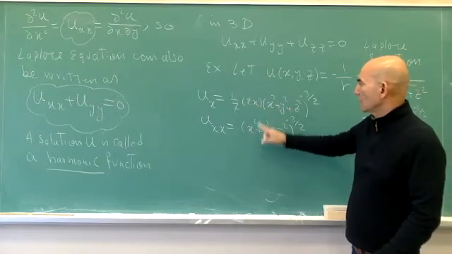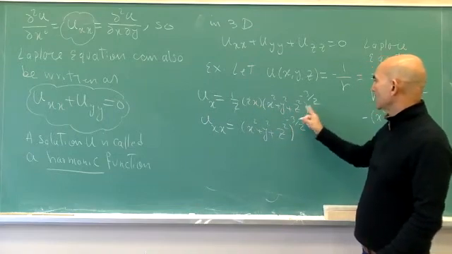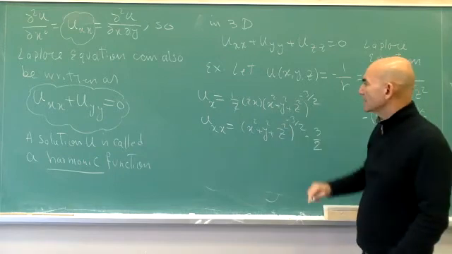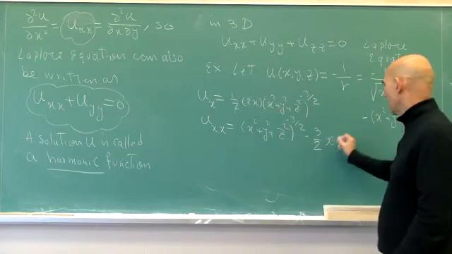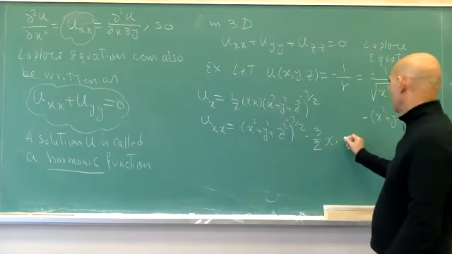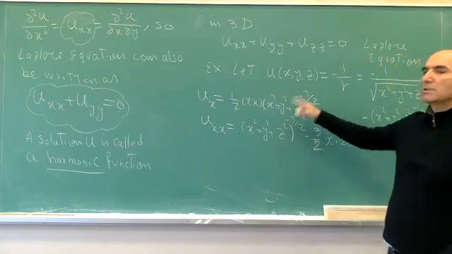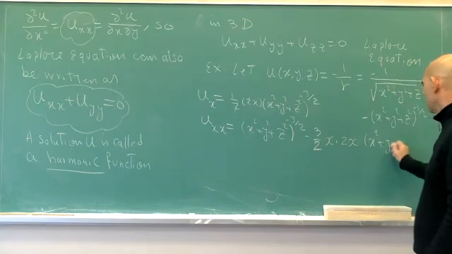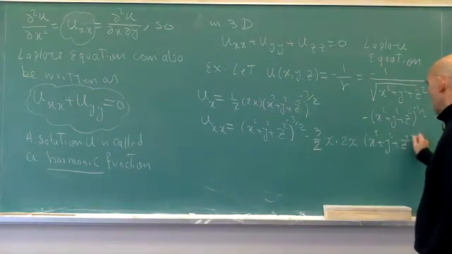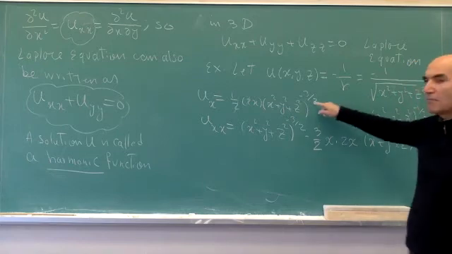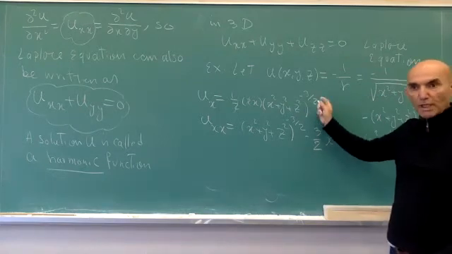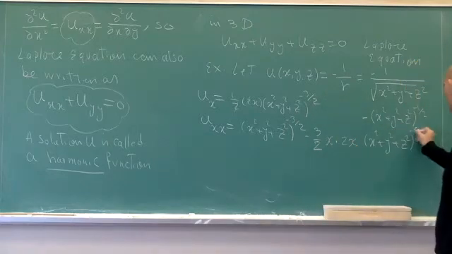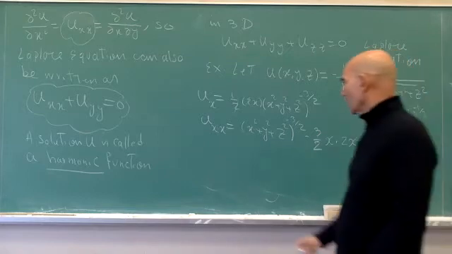They'll cancel. So this is x squared, y, and then this is -3/2 times x times 2x, right? Times (x² + y² + z²) to the power negative what? 5/2? -3/2, -1, no, -1, which makes it -5/2. Cool. So now this is equal to,